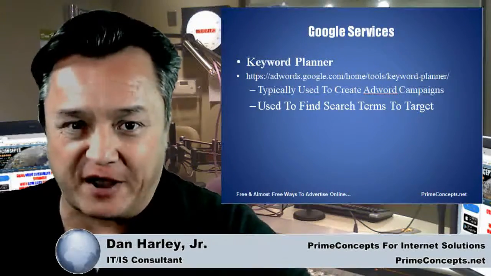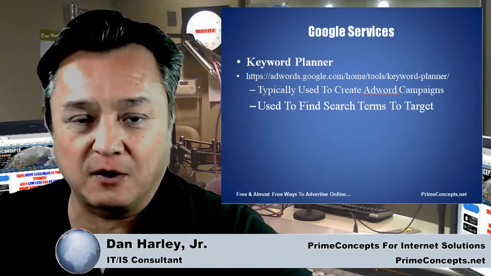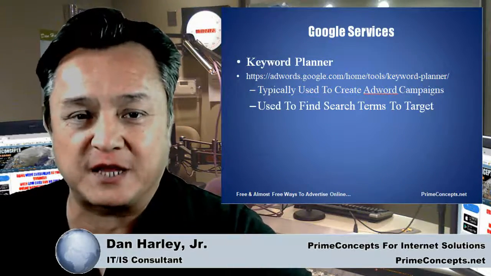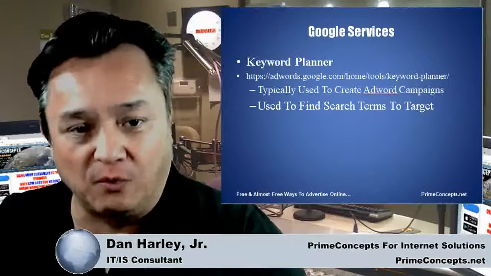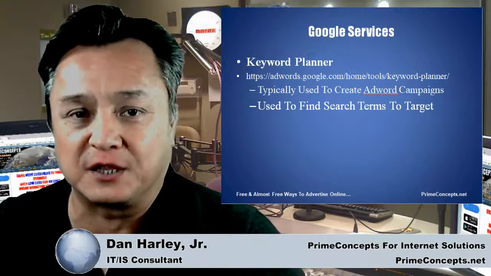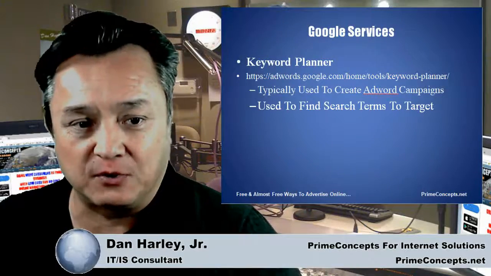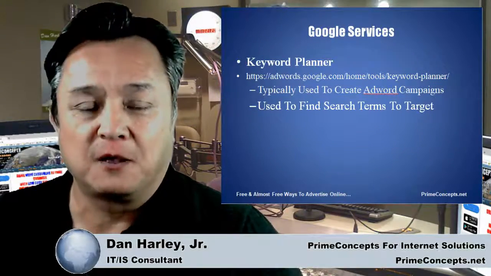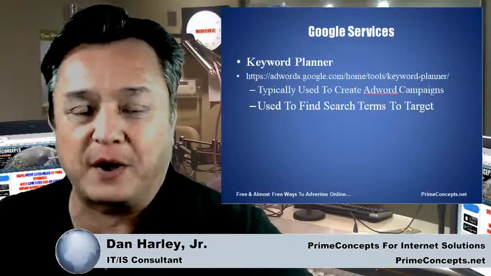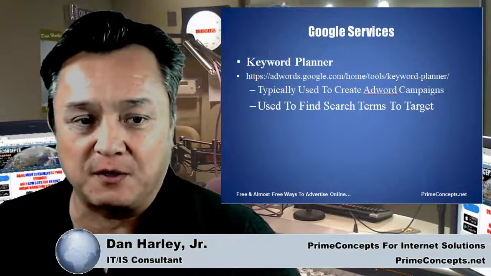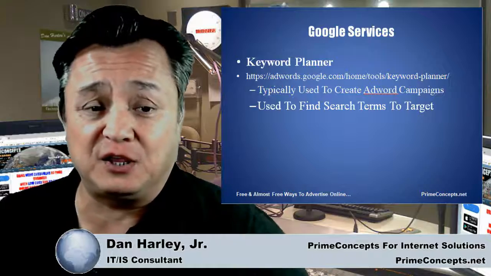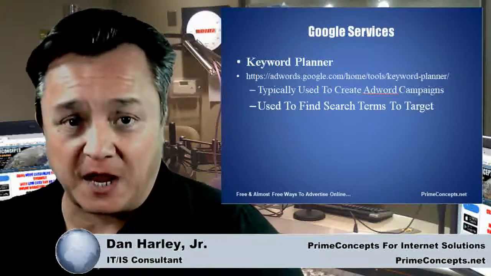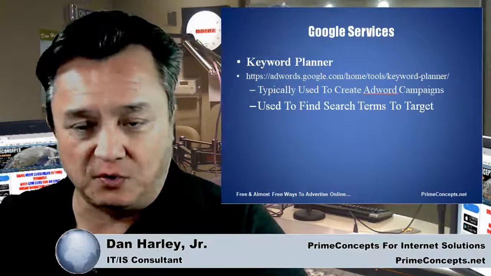The fastest way to find this tool is to open a Google AdWords account, which is adwords.google.com. And then you go home, tools, keyword planner, so on and so forth, as you see the link on here. But the fastest way is to go to adwords.google.com, click on the tools button, they change this around every once in a while, and look for keyword planner. Now this tool is typically used to create AdWords campaigns. So you go through the tools and find the different